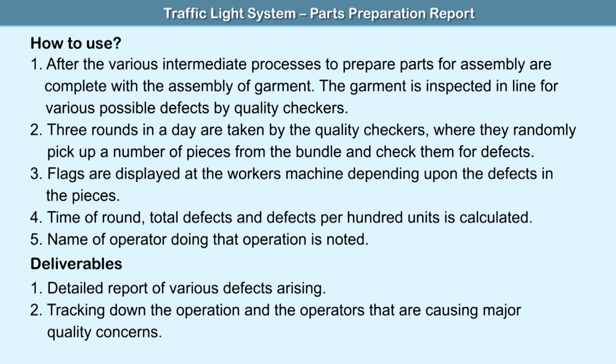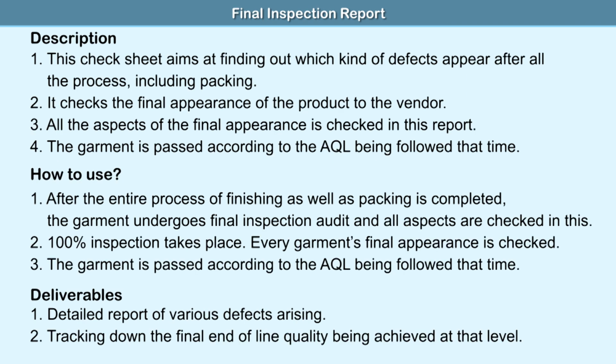Traffic light system is a successful model of quality control, as it gives the responsibility of the quality to worker itself. Final inspection report. Description: this check sheet aims at finding out which kind of defects appear after all the